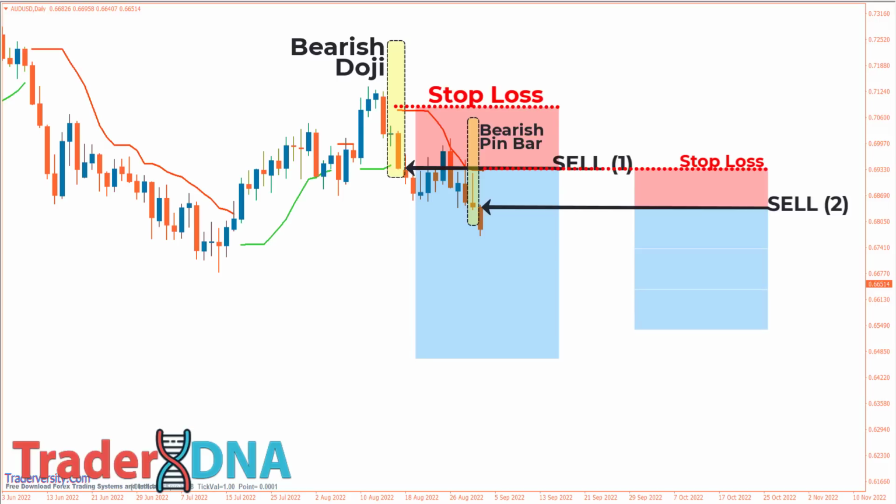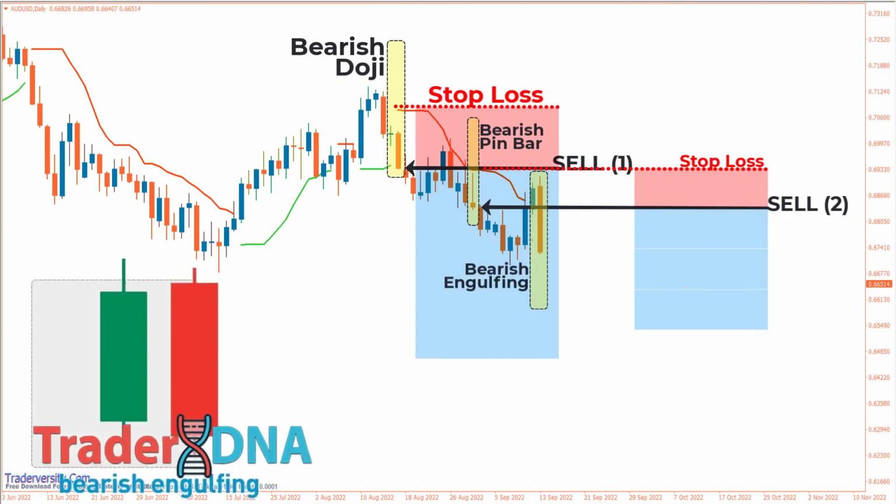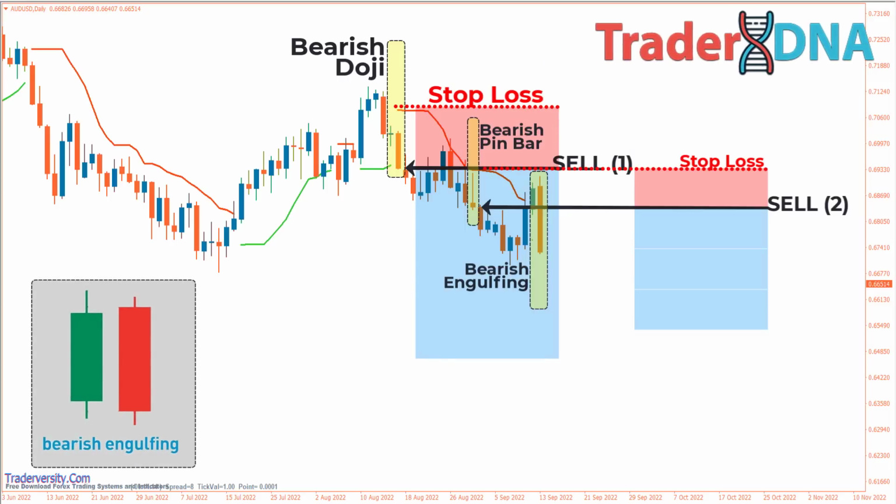Then the price continues its bearish trend, moving downwards, and we observe the formation of a strong bearish engulfing pattern. A bearish engulfing pattern is a candlestick pattern that occurs when a small bullish candle is followed by a larger bearish candle that completely engulfs the body of the previous candle. This pattern suggests a potential downward movement in the market, indicating that selling pressure has intensified and overpowered the previous